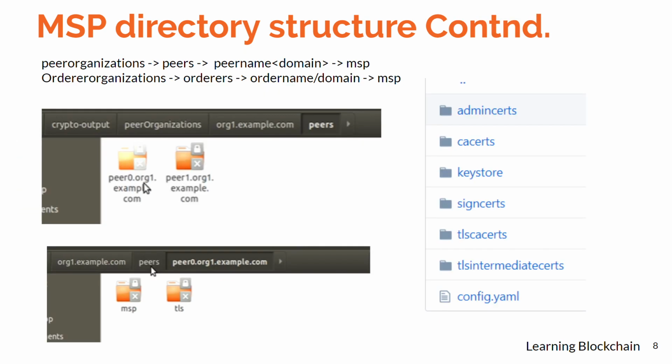So if you go inside the peers, then you can see there are another two folders that have been created. One is pr0.org1.example.com, and another is pr1.org1.example.com, because in the YML file we have written that there will be two peers for each organization. So this network is basically a two-org network, two organizations, and those two organizations will have